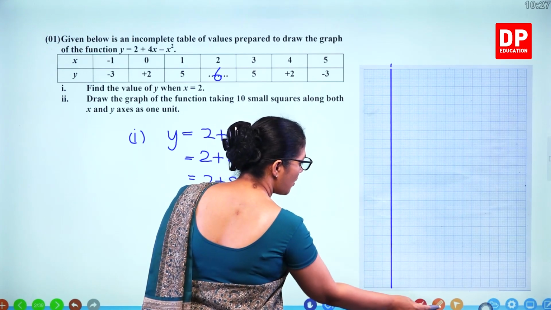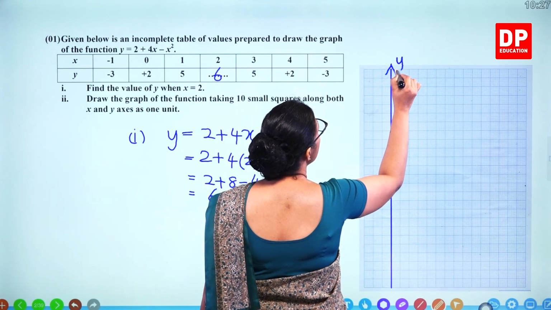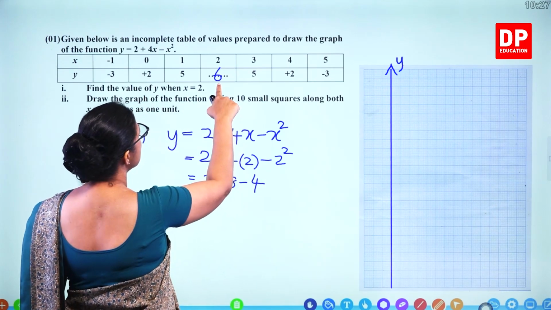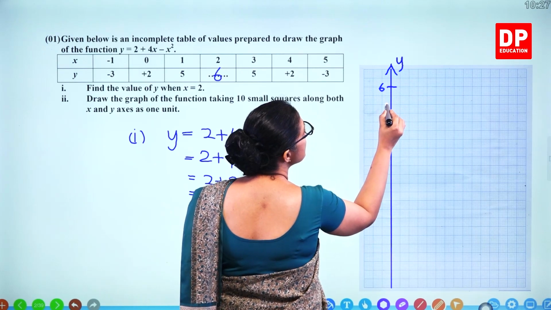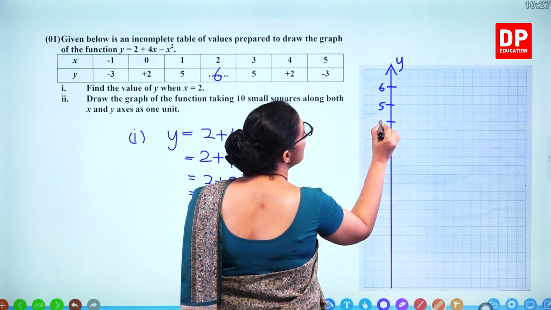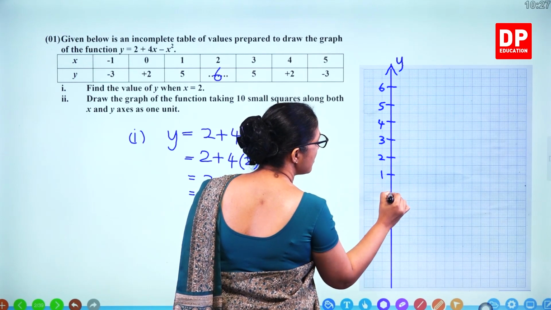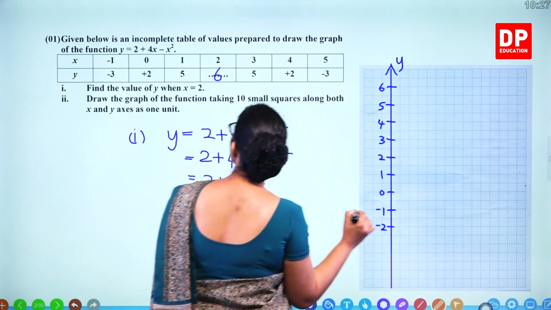And then you can mark the y values so that you can get the x-axis later. So, starting from plus 6 and then go down. So, we'll start here 6, 5, 4, 3, 2, 1, 0, minus 1, minus 2